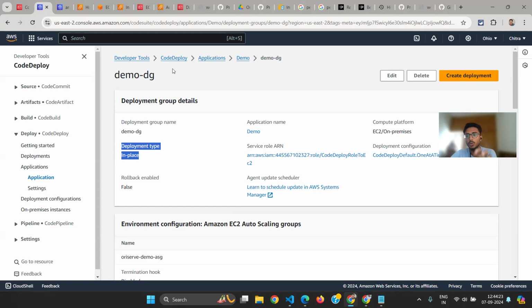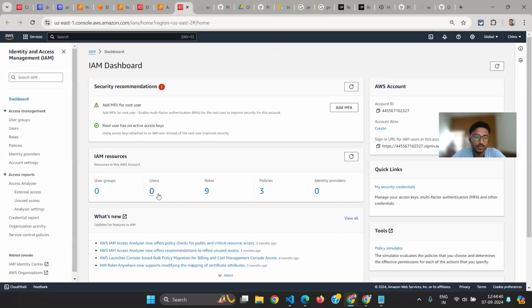Right now, CodeDeploy has to update the code in the EC2 server. For this, CodeDeploy should have access to this EC2, right? So before creating the CodeDeploy, you need to create a role for CodeDeploy. Here you can see